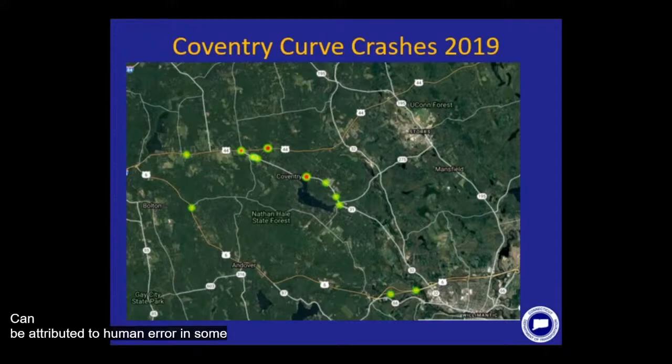can be attributed to human error in some way, be it driver distraction with looking at the cell phone or some other sort of distraction, aggressive driving and speeding, young and inexperienced drivers, and also impaired drivers. And the main goal of providing signs at these curves is so we can refocus a driver's attention back onto the roadway and potentially prevent another crash from occurring.